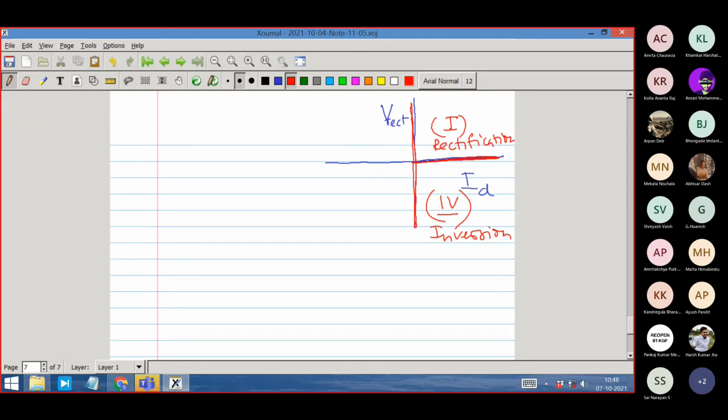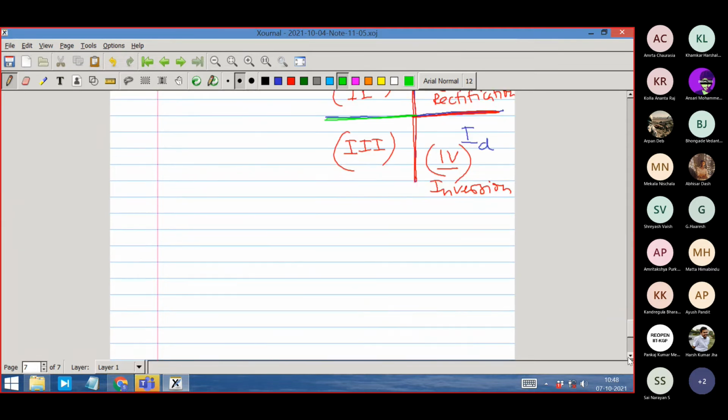Can we not operate in quadrant 2 and 3? That means what is the requirement for quadrant 2 and 3? In quadrant 2 and 3, we have to create a situation for negative current. So how do I create negative current? It is very easy. I put anti-parallel thyristors to it. So I construct a bridge with anti-parallel thyristors to it.